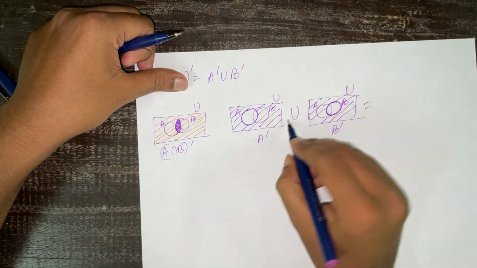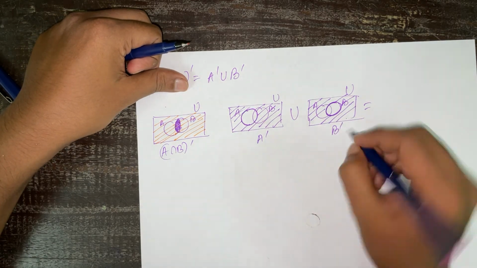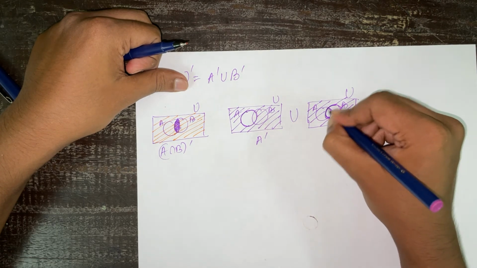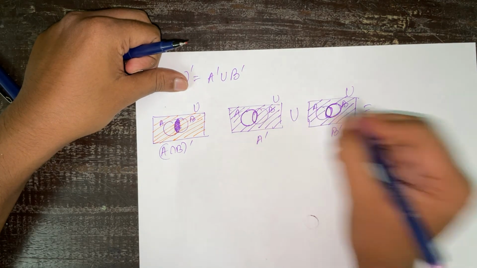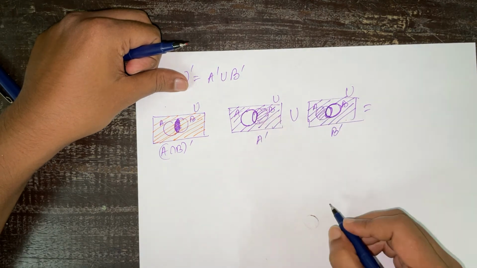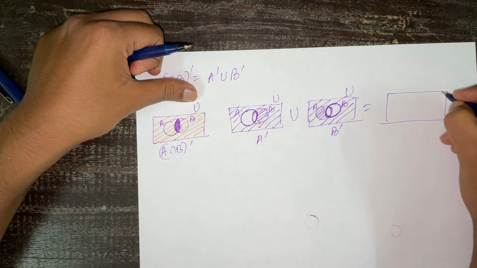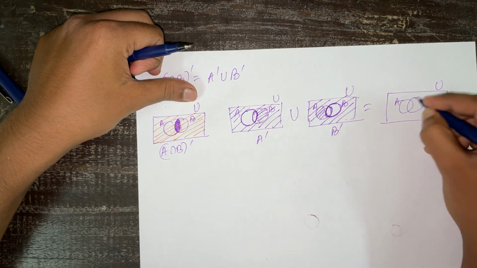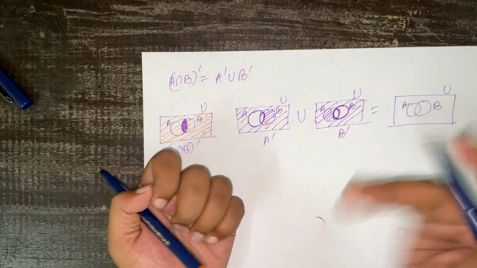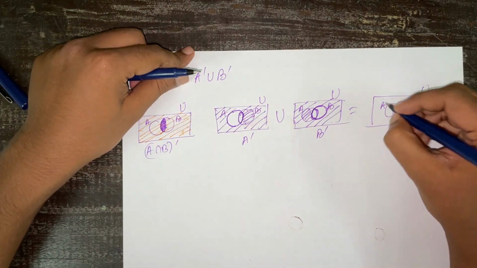Now we need to find the union, means combine both of these. Every region that you have, combine them. If we combine, which part is missing out? This part is not there. Here also this part is not there. But in this case, this region is there, and in this case, this region is there. So now if we combine these two, means we overlap, we put this one on top of this. What is the part that you see? On combining these two, the part that we see is this.